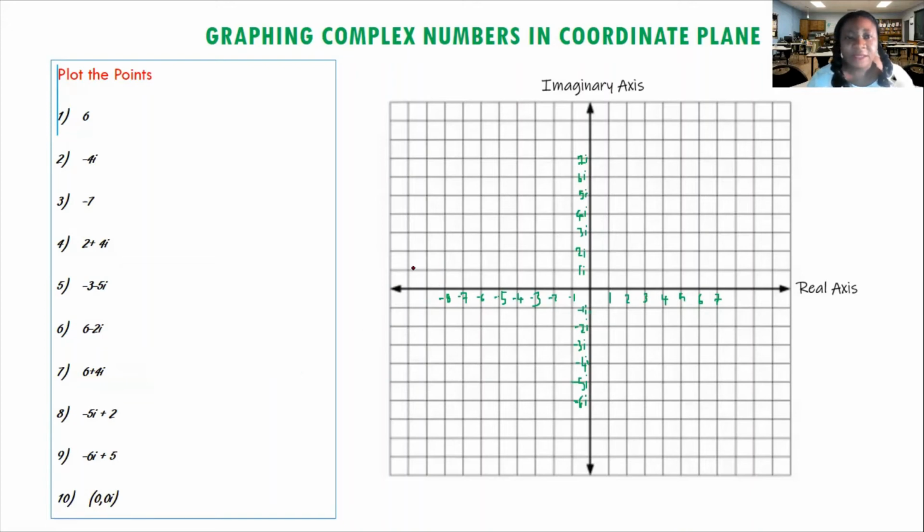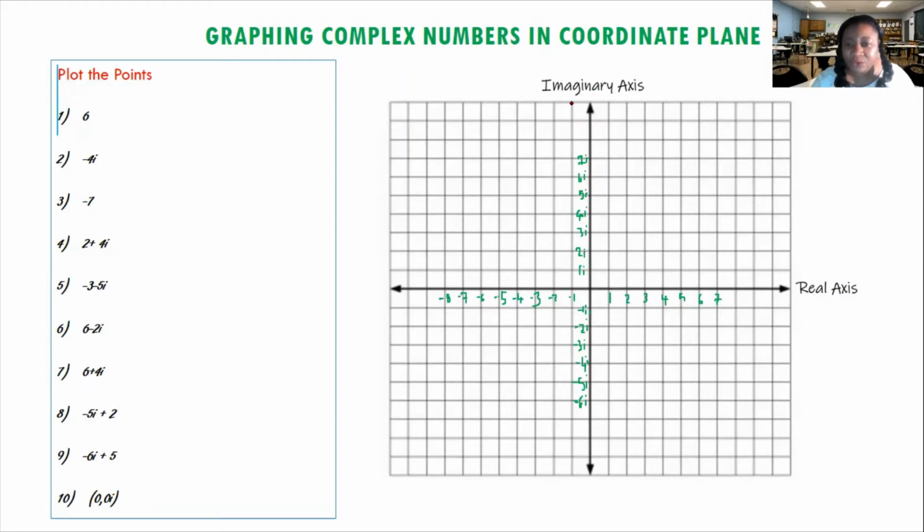Okay, hi guys. Today we're going to be looking at graphing complex numbers in a coordinate plane. You would already be familiar with what a coordinate plane looks like. However, this is not your regular coordinate plane because, as you can see, the x-axis is replaced by the real numbers. So the x-axis is what we're going to be graphing our real numbers on, and the y-axis is used